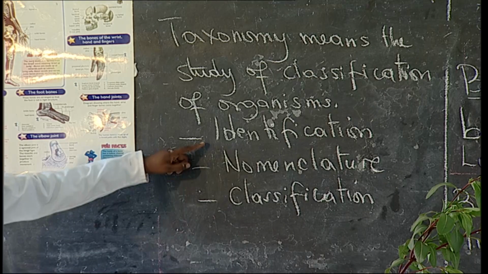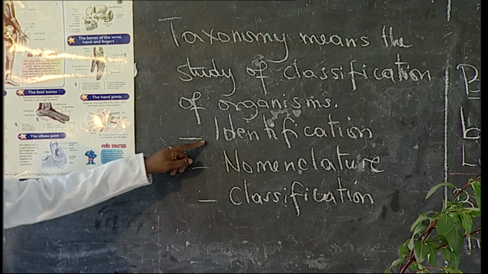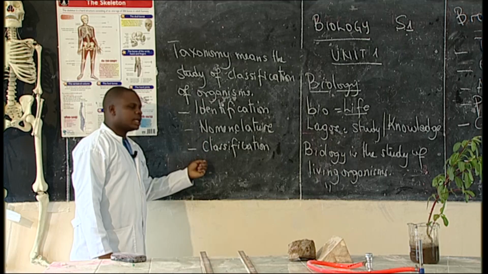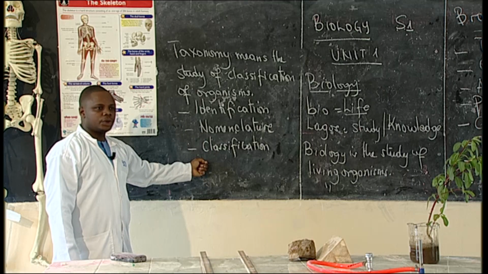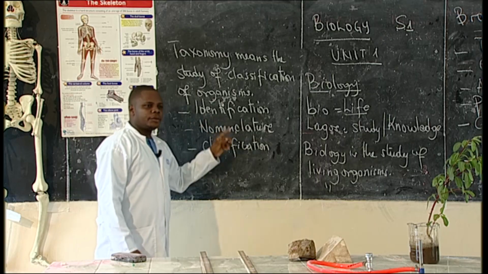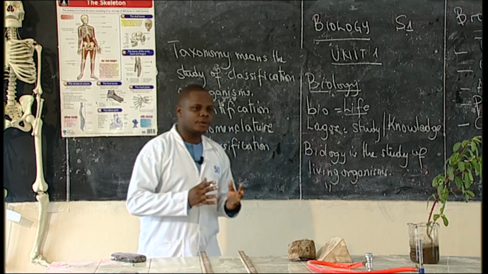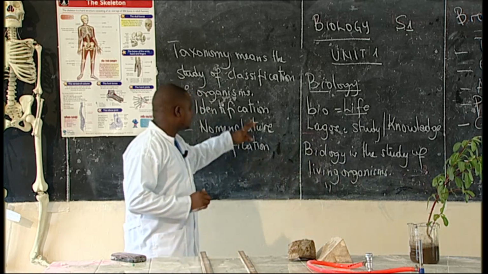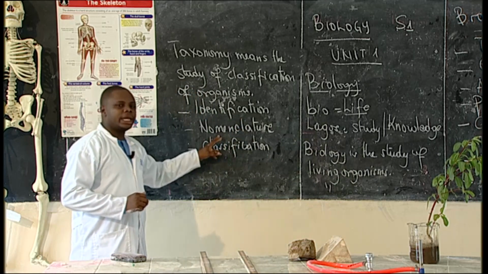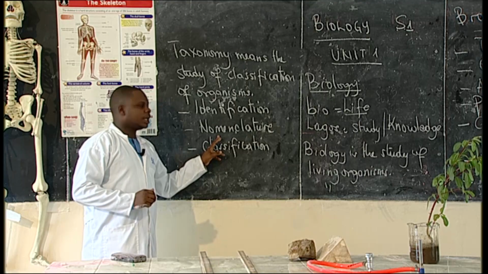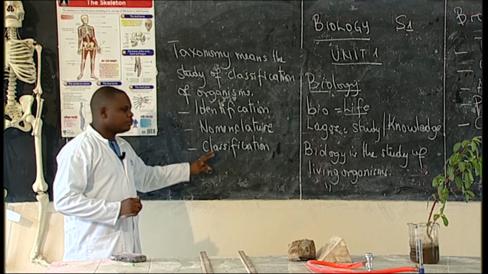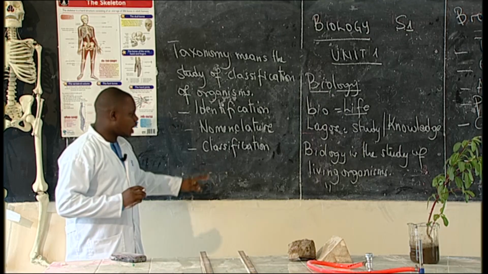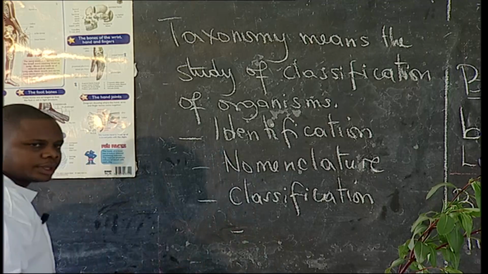Yes, there is identification of the organism, there is nomenclature of the organism, and then classification of the organism. Identification means identifying that this organism is new. After identifying this organism, we can name it. Then after naming this organism, we have to classify it. We classify the organism according to the